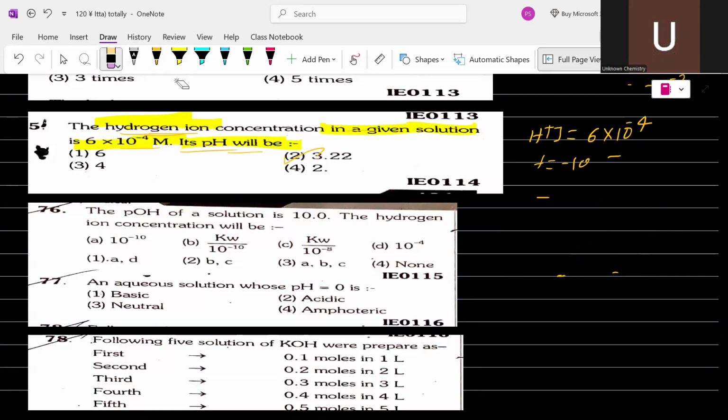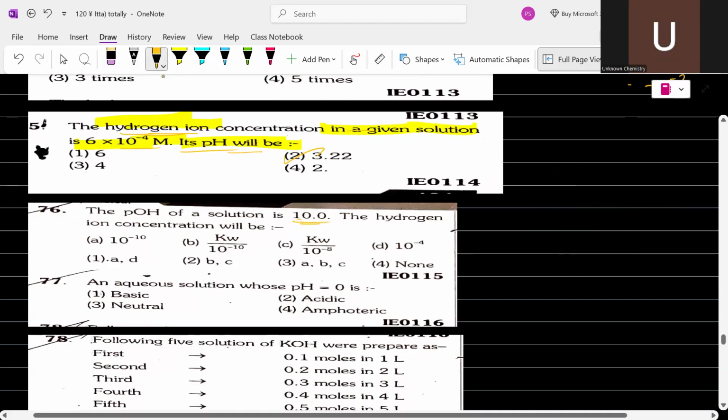Let's solve the next question. Question number 76. The pH of the solution is 10, so pOH is given as 10. That means the OH ion concentration is 10 to the power minus 10. Then the hydrogen ion concentration, we know that